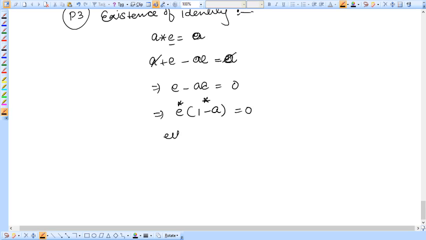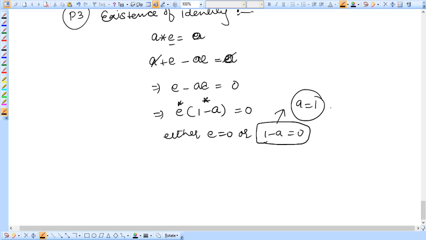Okay, either E is equal to 0 or 1 minus A is equal to 0, but this cannot be equal to 0, because if this is equal to 0 then A is equal to 1, but A belongs to Q star and Q star does not contain 1, right? Hence therefore E is equal to 0,